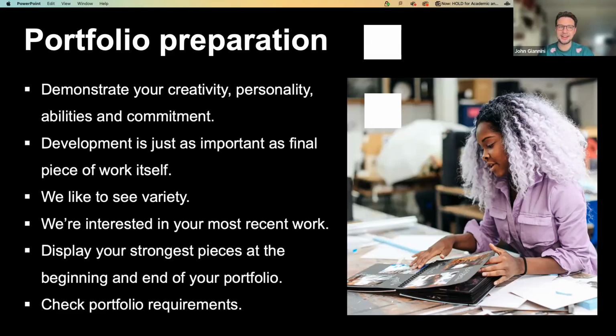A really great tip that I learned from an academic is to display your strongest pieces of work at the beginning and the end of the portfolio. The reason why is that the academics view the portfolio on a screen via PebblePad, but what they found is that a lot of students tend to hide what they consider their weaker work at the back of the portfolio. So they might start out really strong and then it gradually gets weaker. So what academics often do now is they check the beginning and then they go straight to the end to see if that's just as strong. And if it is, then they know they're on to a winner. So bookending your portfolio with things that the academic's going to remember is a really great way to go about it.